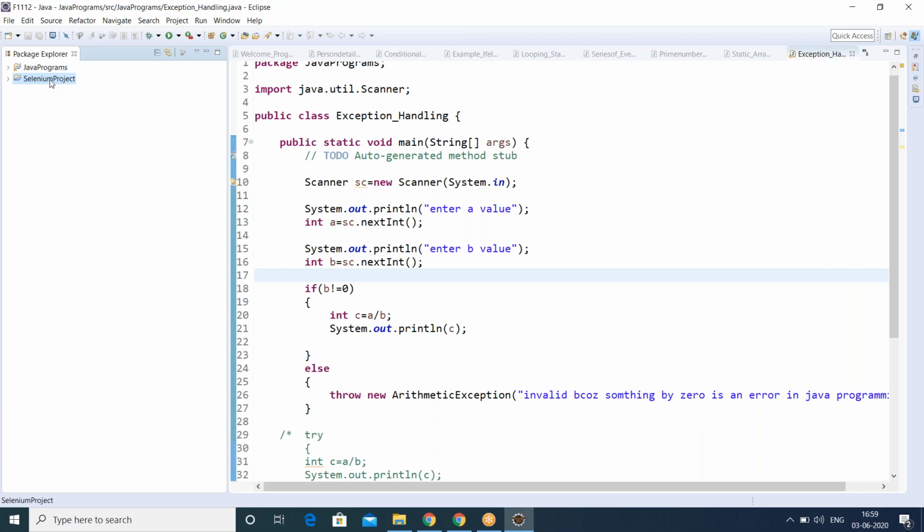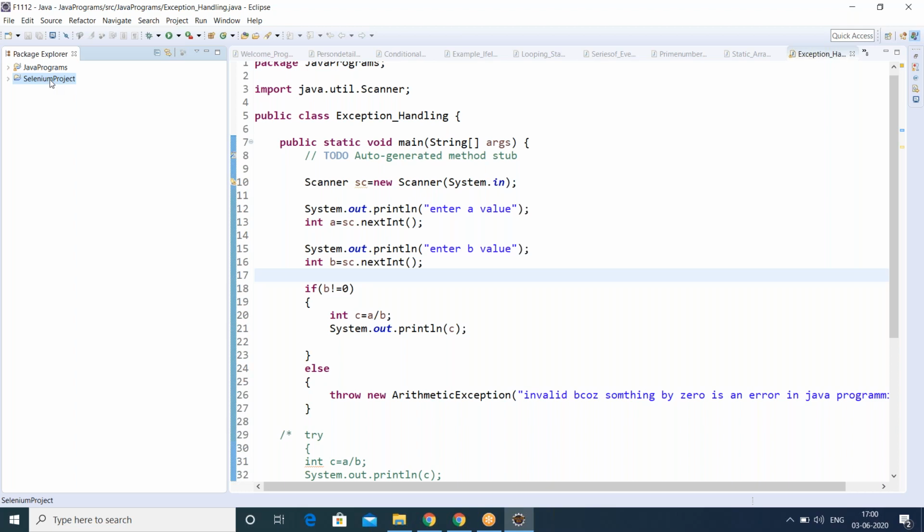Now we have to configure WebDriver with this project. So far, there is no relation between your Java project and the WebDriver. So now we are going to create that relation.